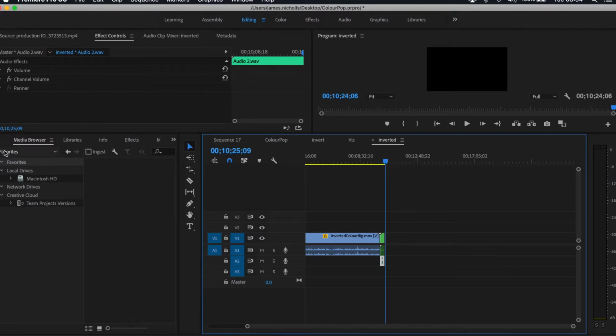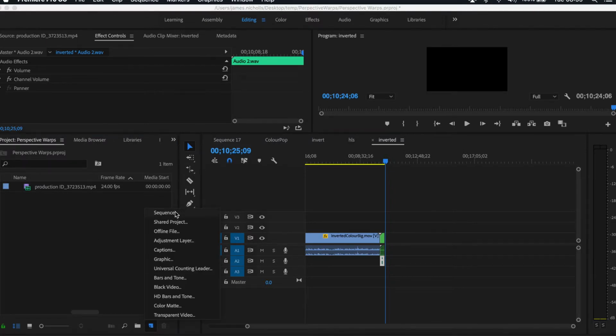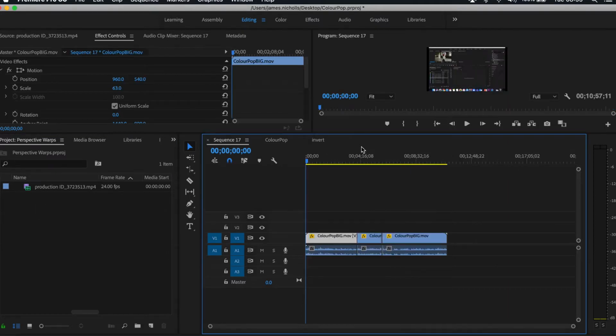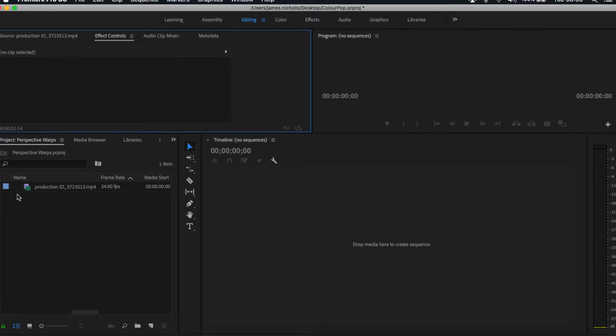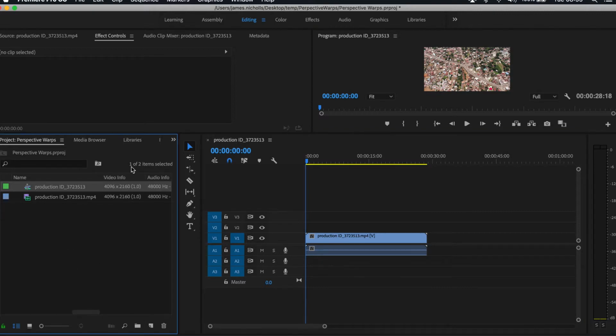Oh, lovely. It's just casually opened up my previous project while we do that, which is, excuse me, absolutely fine. Now, I know that if we just close off these sequences here, you guys are pretty used to just dragging your clip over to make a new timeline, and that's okay, that works. It'll make a timeline with exactly the same file name as the video clip you dragged over with exactly the same settings. So if we just call this